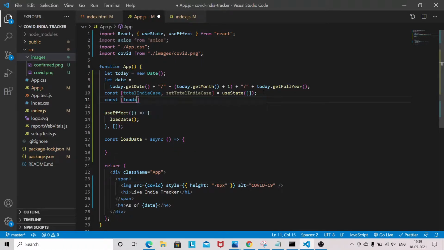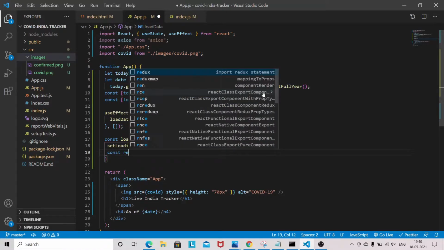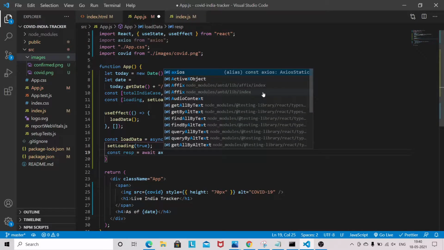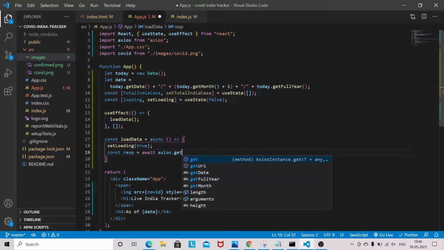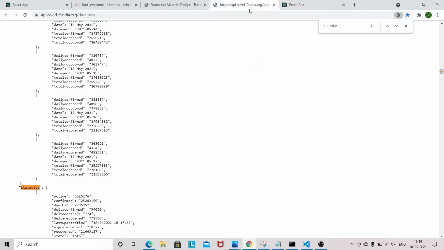So const loading, set loading, use state false, okay. So set loading will be true, and const response equal to await axios dot get. So I will copy this API.